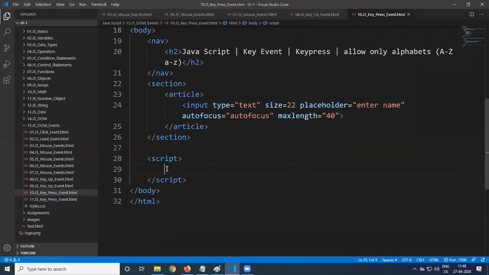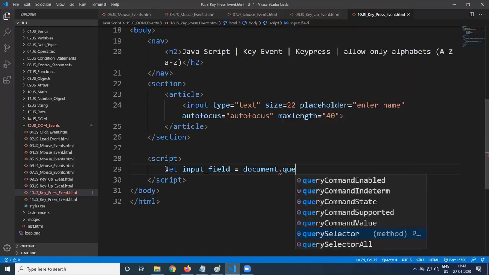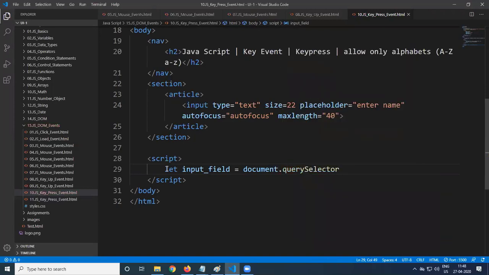So inside the script, get the input field. Get the reference of the input field is equal to document.querySelector of. It's better you provide some ID. You can do it with the input also, but I'll say ID is equal to txt_name. We are providing an ID.